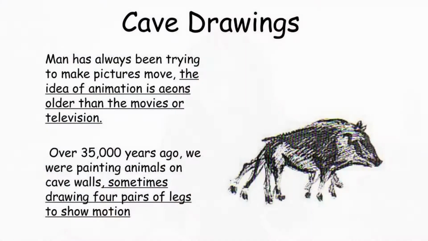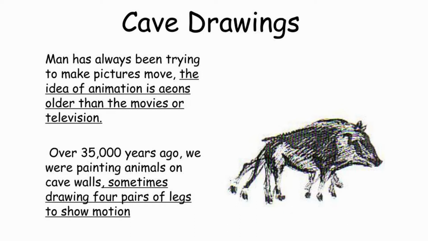So let's go further back in time, 35,000 years ago, when man was living in the caves. And when he was living in the caves, he tried to recreate whatever he saw around him. He tried to create the trees, the rivers, the mountains, the flowers, and he made sketches on the cave walls. But he also tried to recreate movement. And when he saw animals moving, he tried to create animals with 4 pairs of legs, as you see in the picture.